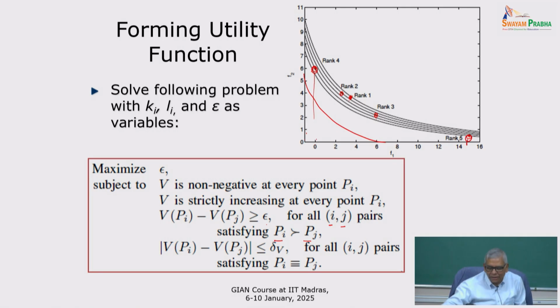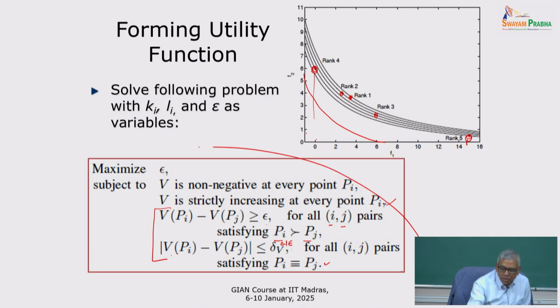Okay, fine. Then you say, the absolute difference between the two value functions, because I don't know which one is better, has to be at most, we put here actually 0.1 times epsilon. This delta v you can decide, we did 10% of epsilon. So I want the difference to be not differentiable that much. I basically say 1/10 of epsilon goes over here and the difference should be less than or equal to that, so they are equivalent. For all the pairs I can create these two constraints, and the way I have created this, it already satisfies the increasingness of the function and v has to be non-negative, and all that is done.